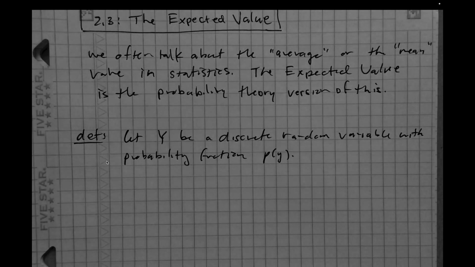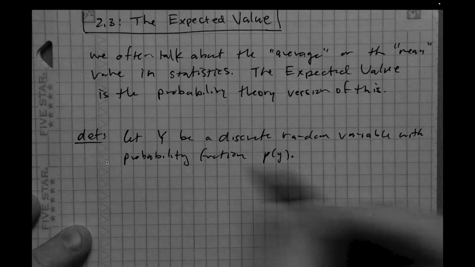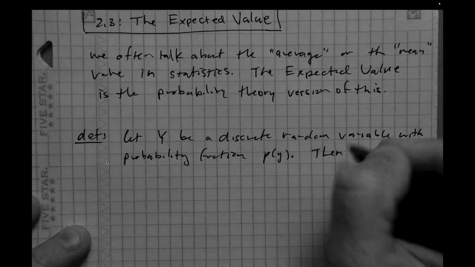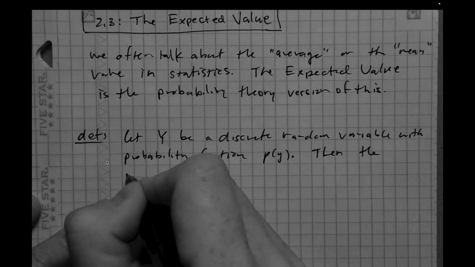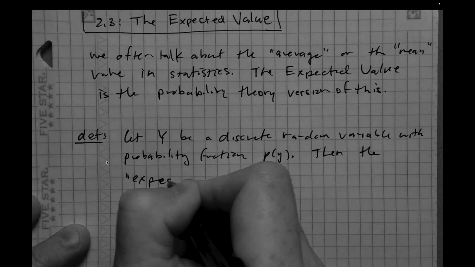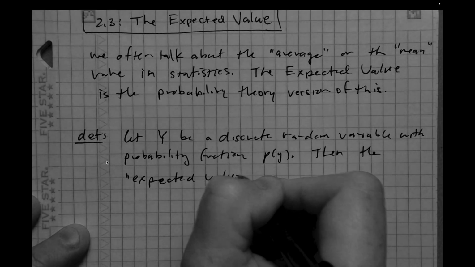And so this probability function, remember, if you plug in a value for y, it tells you the probability that y will occur, right? And y being the random variable. Okay. And so that's the given. So then the expected value